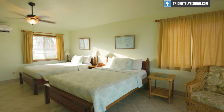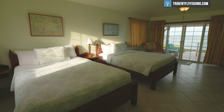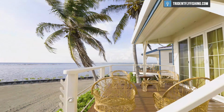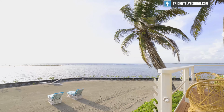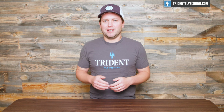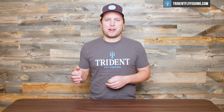Up next are the rooms, which also earn a 9 out of 10. The rooms are great, they have air conditioning, they're really comfortable, big enough that you can spread out and relax, and they all have a great waterfront view. I would pretty much liken them to a better than average hotel in, say, the Florida Keys. And if you think about this in terms of location, I would give it an 11 or a 12 out of 10, because to get this kind of quality and experience and great sleep so far away from everything else,